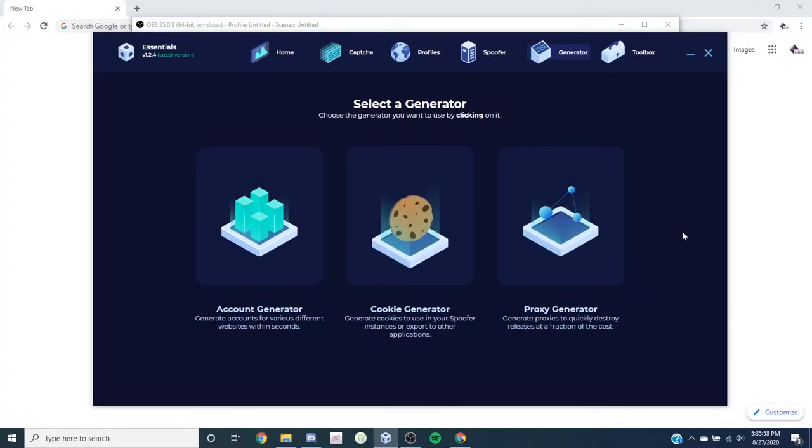Alright, so next up is the generator section of Essentials. So this is pretty important. There's the cookie generator, which many people use, and then there's account generator and proxy generator. I'm just going to go through them one by one. So let's start with the account